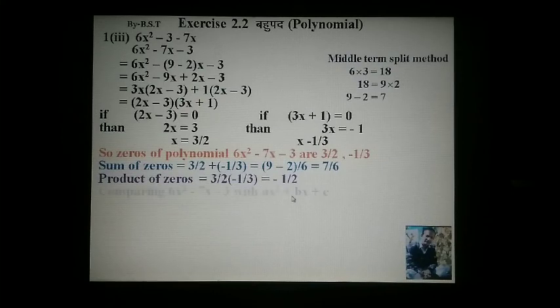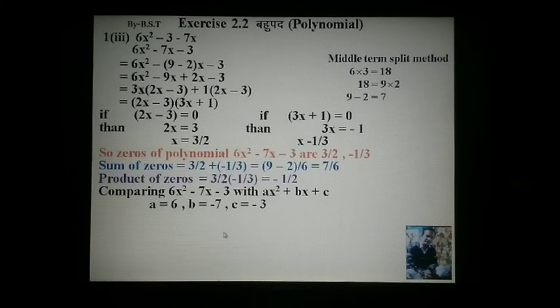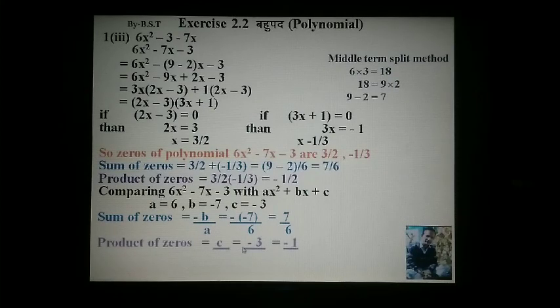Now compare it with the standard form ax square plus bx plus c. Then we get a equal to 6, b equal to minus 7, and c equal to minus 3. These are the values of a, b, c. Now the sum of the zeros is equal to minus b upon a. Minus b is minus 7, so minus into minus is plus 7 upon 6. And the product of zeros is equal to c upon a, where c is equal to minus 3 upon